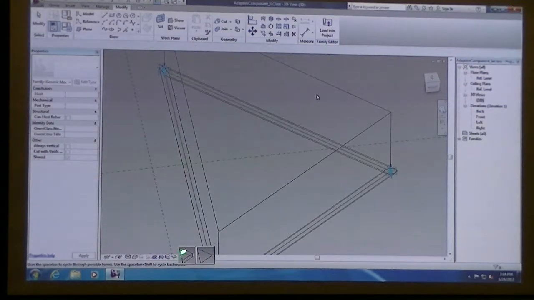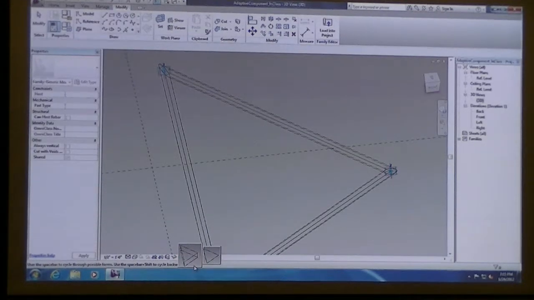before I continue, look at the very bottom of your screen. You'll see this little thumbnail image pop up. It's basically saying if you pick the one on the left, you're going to make an extruded surface or extruded form out of that extrusion. And if you pick the one off to the right, you're just going to make a flat surface plane. For now, I'm just going to select the one on the right. Mine didn't give me that option.